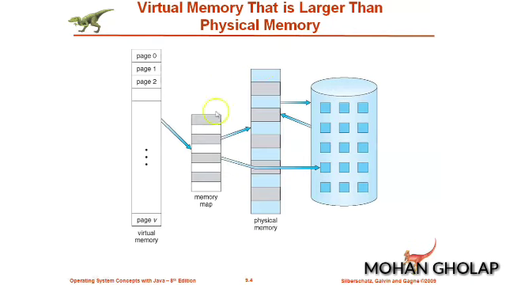This picture clearly shows where the virtual memory comes and where the physical memory is. You can see here, this is the actual physical memory and this is the virtual memory. The virtual memory is divided into a number of pages, here pages from 0 to V. Between virtual memory and physical memory, we have a particular data structure which maps the logical or virtual memory to the physical memory. As a result, you can see the virtual memory is larger in size compared to the physical memory. The physical memory in turn will be accessing the corresponding storage disk.